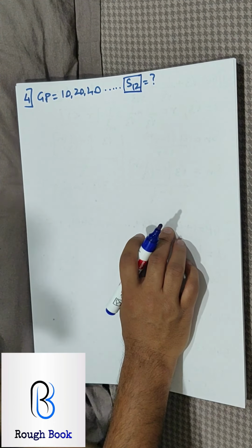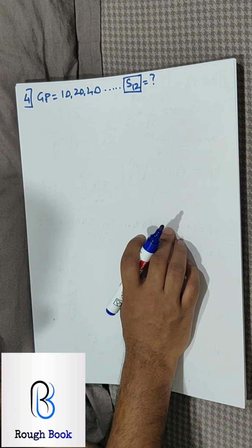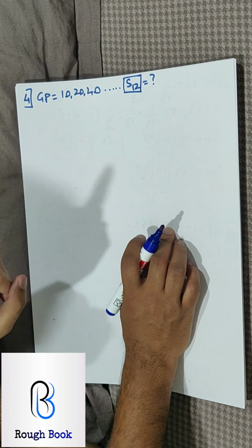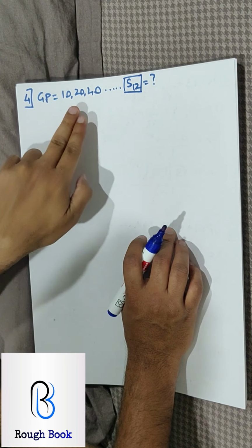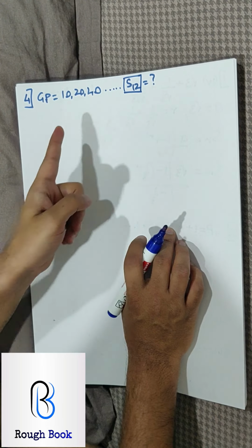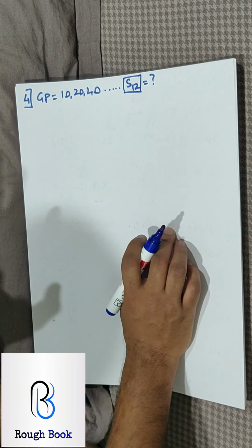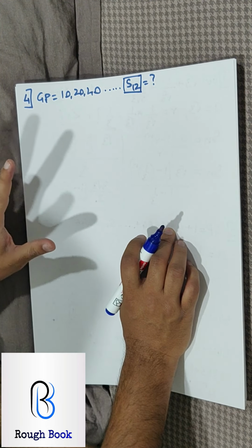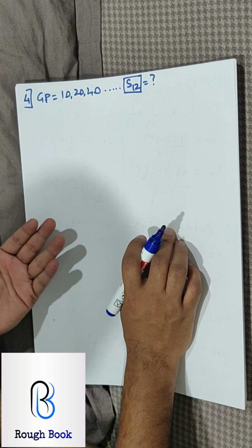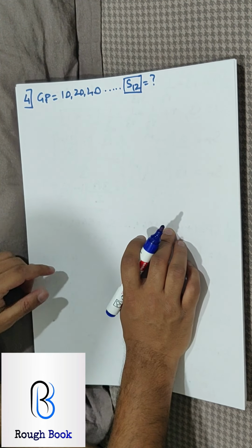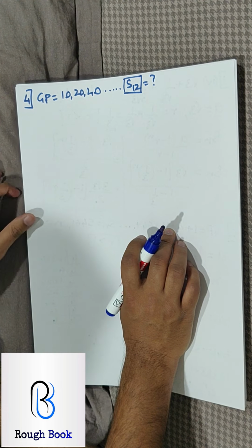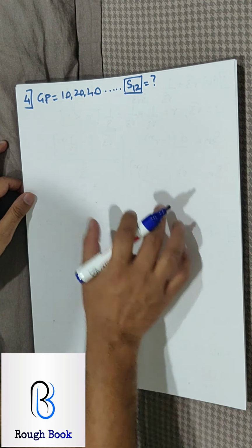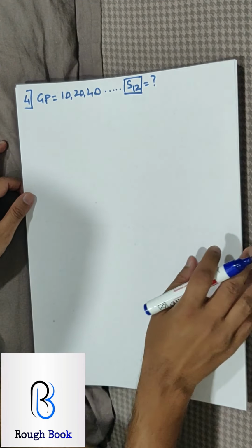Let's say I bet with my parents and tell them that if I am studying regularly, you should give me 10 rupees on the first day, 20 on the second, 40 on the third, like that, double it up till 12 days. Most of the parents will agree because 10 rupees is a very small amount. Let's see at the end of 12 days, how much money are you able to pull out from your parents? Come on, try this. Let's get the answer first, then we will see how to trick the parents.